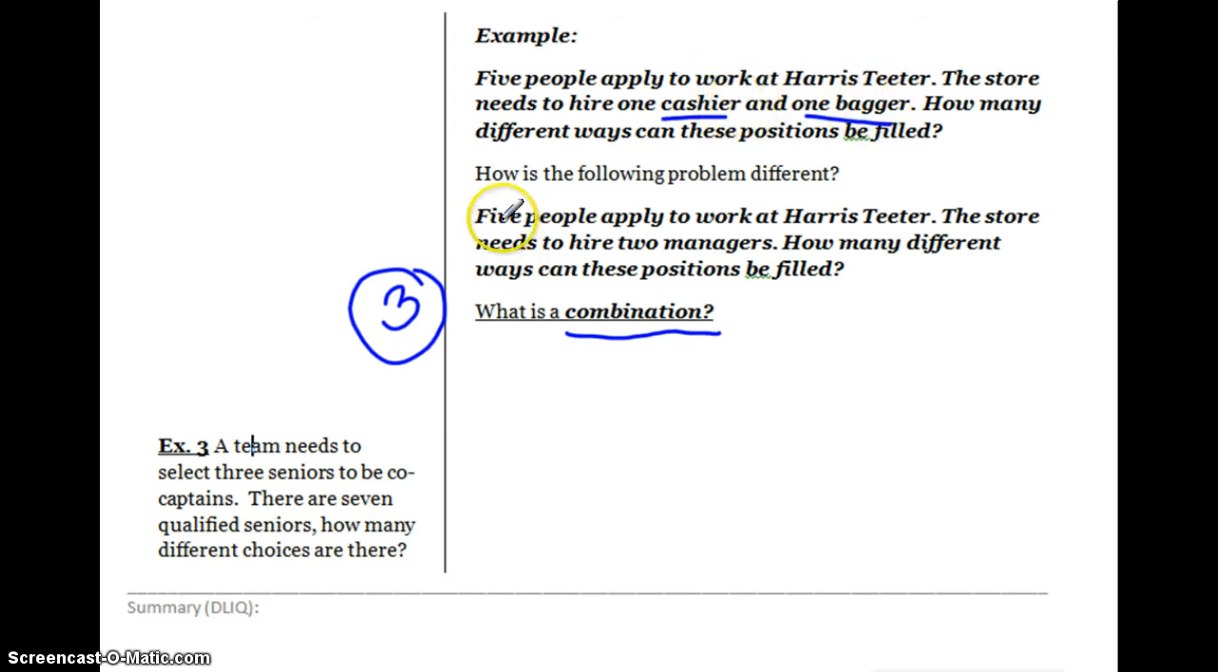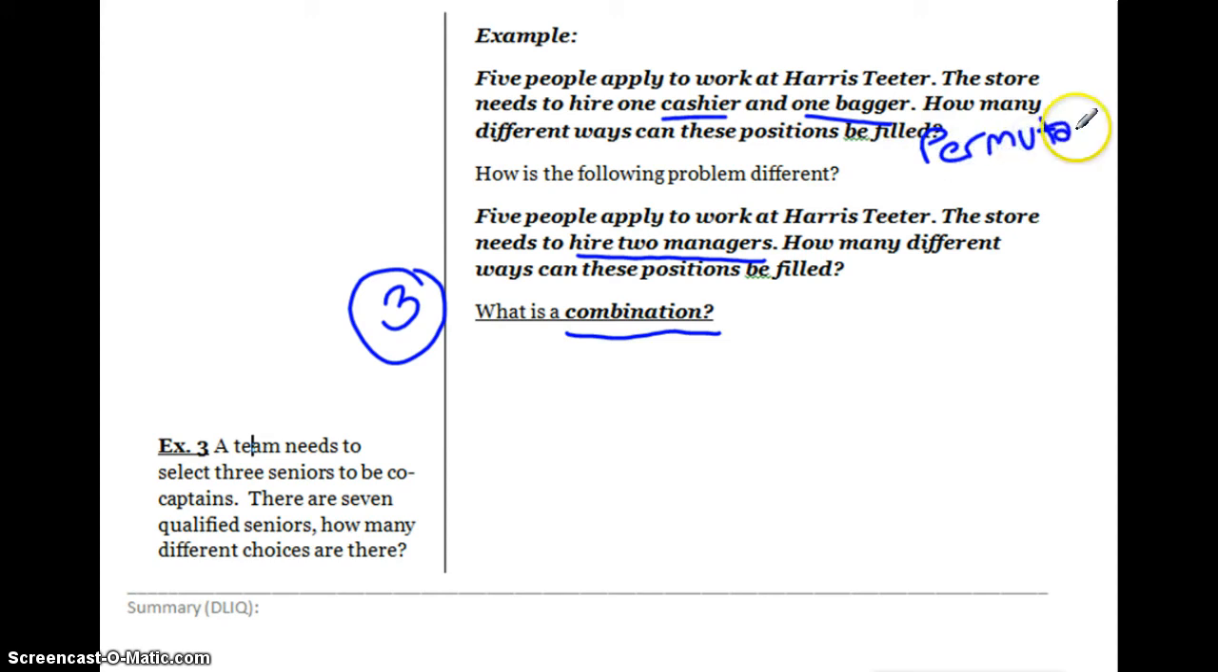If you look down here, 5 people apply to work at Harris Teeter. The store needs to hire 2 managers. Managers are the same position. We just need 2 people to be manager. How many different ways can these positions be filled? So when you're talking about the difference between permutation and combination, in this first example, the order that we pick these people is going to be different, because if I pick John to be a cashier and Jenny to be a bagger, or if I make Jenny the cashier and John the bagger, that is going to be a different arrangement. So this is going to be a permutation,